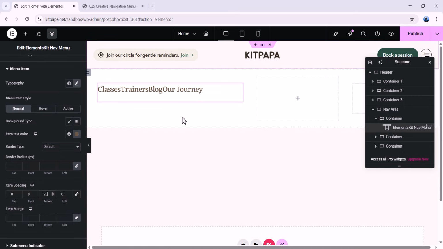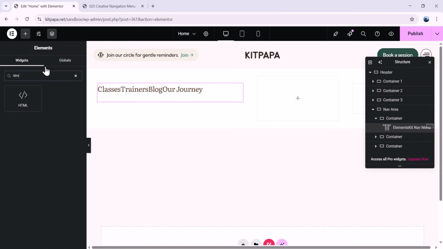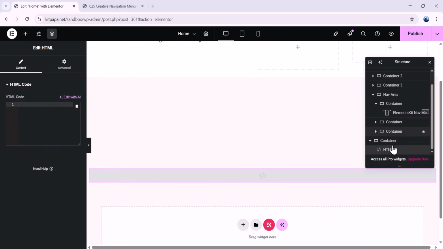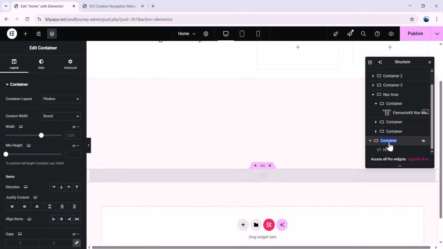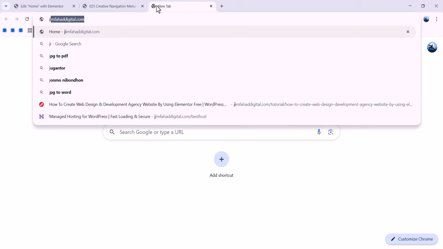To use custom CSS in the free Elementor, click on this plus and search for HTML. You'll get this widget. Drag and drop it here. It'll come with a container. We can just rename this container custom code just to make it organized. So in this field, we have to add the code. But don't worry, I'm not going to teach you any complex coding. So to get the code we need, just go to the